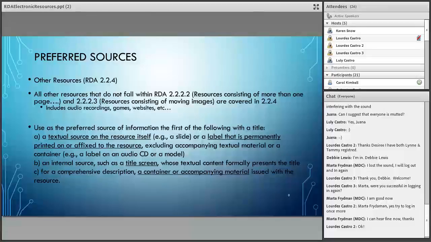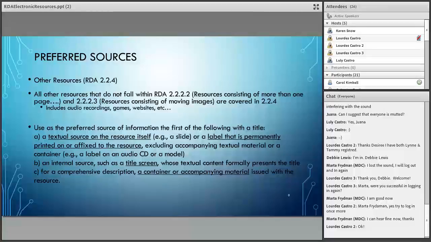So you want to make a note on the source from which the title proper is taken if it is not one of these sources. This is what it says at 2.17.2.3 in RDA. So, for example, if you have an ebook or you have an image of a title page, you do not need to make a note on the source from which the title proper is taken. You don't have to. Okay.